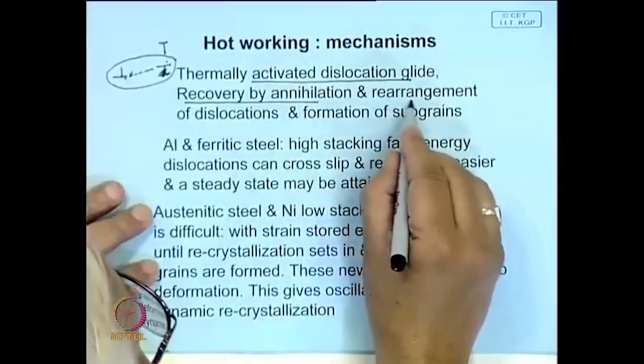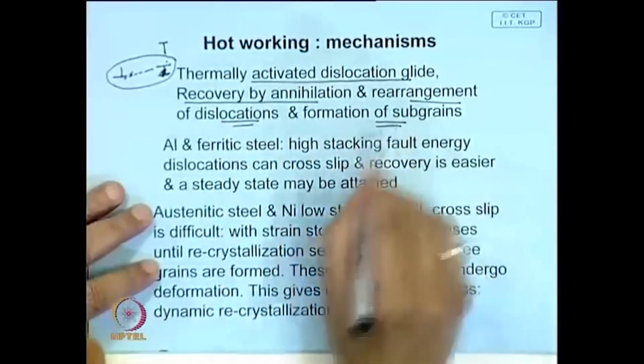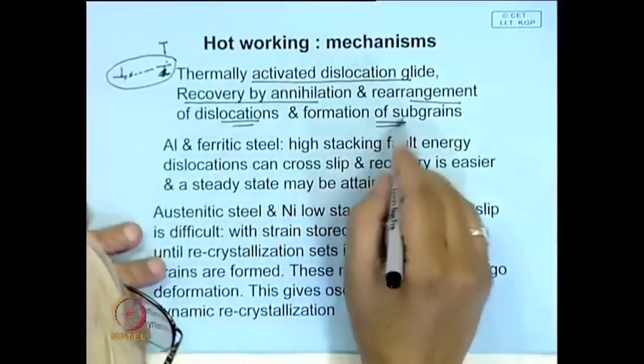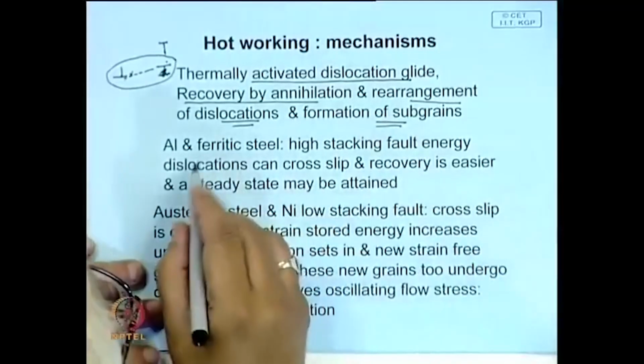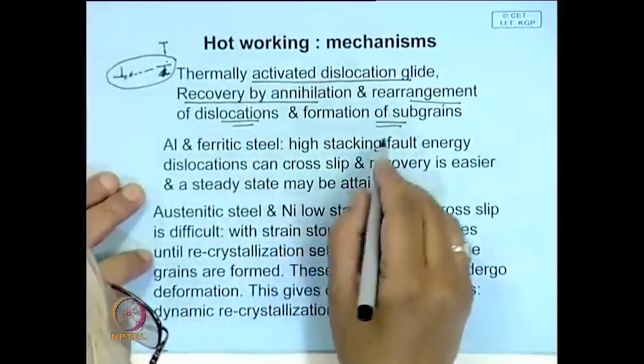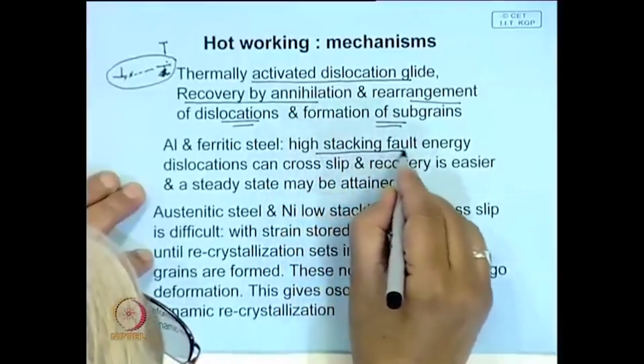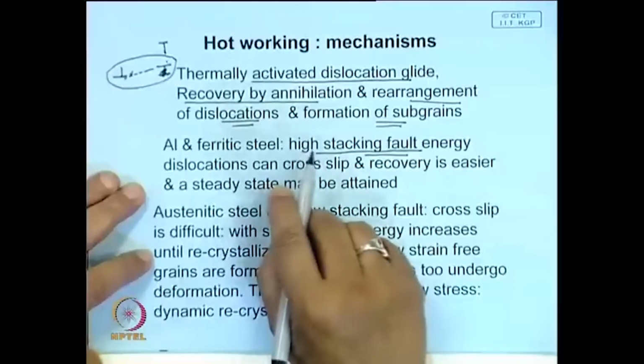And rearrangement of dislocation leads to the formation of subgrains, and we had seen it earlier. We will again see some examples. Now, this process of dislocation glide is also affected by the stacking fault energy. We know that a material where the stacking fault energy